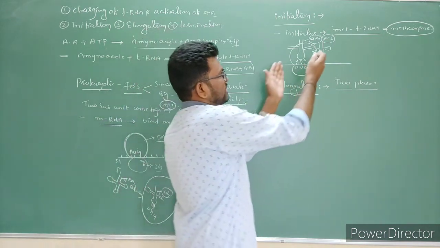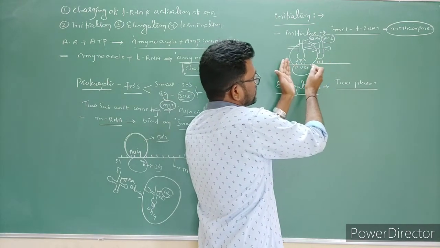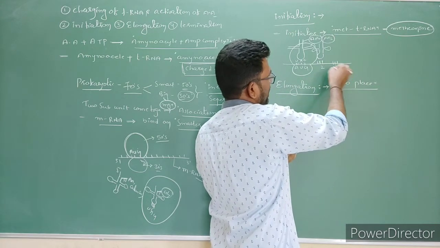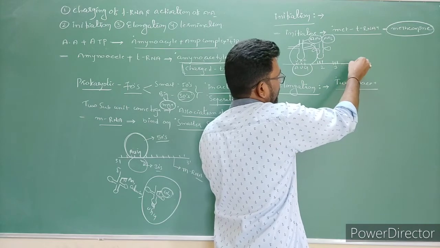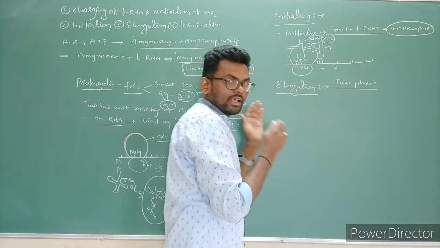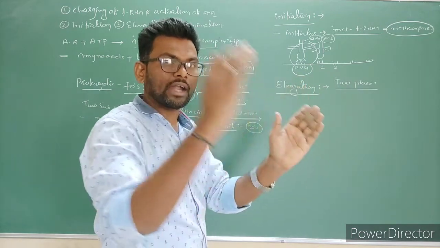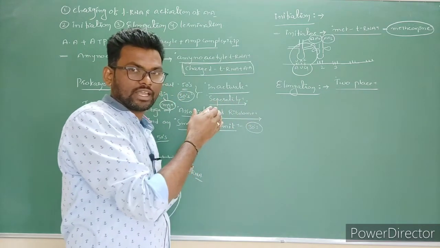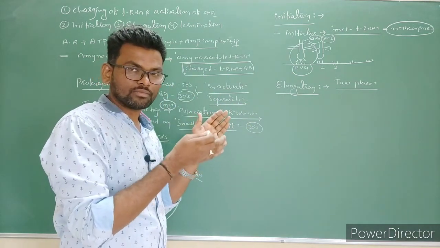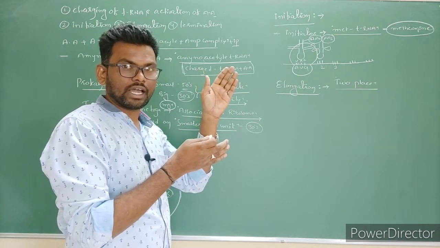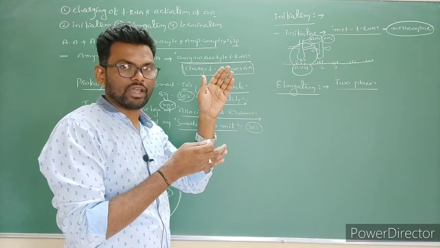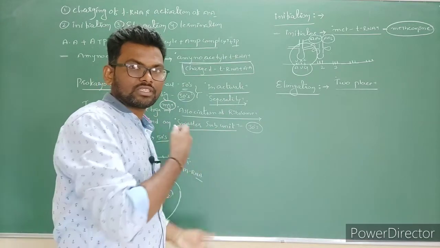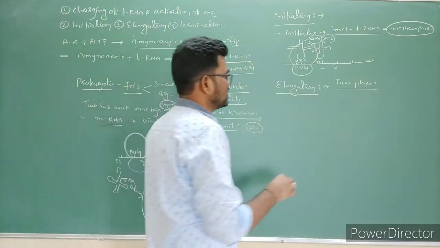So after adding here, the ribosome is going to move like this. This is the second, then on the third it is going to move to the third codon. After reading, again the fourth codon, again the fifth codon. The ribosome is going to move on mRNA, and simultaneously tRNAs are going to be added on the ribosome side. If the third one is already existing, the fourth one is added on mRNA. The third tRNA is containing the third amino acid. The fourth tRNA is containing the fourth amino acid, joined to form a peptide bond. So this is a continuous process, right?